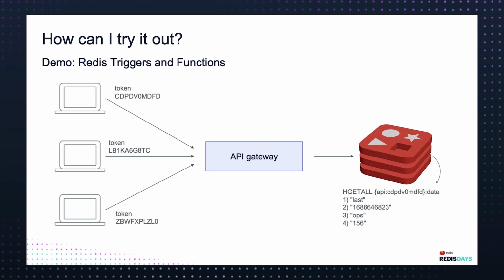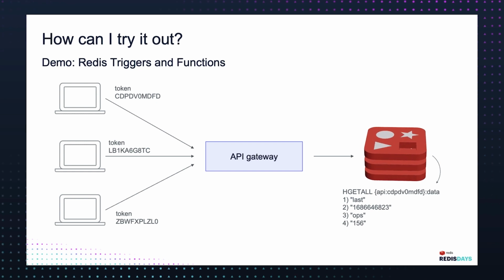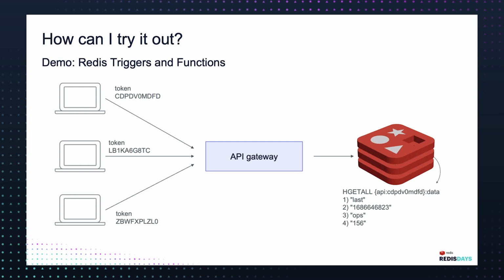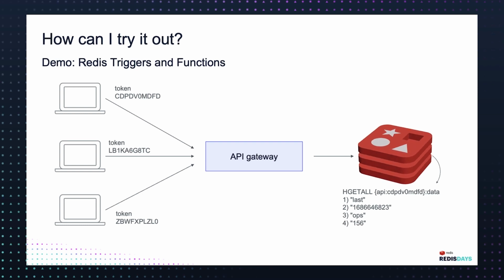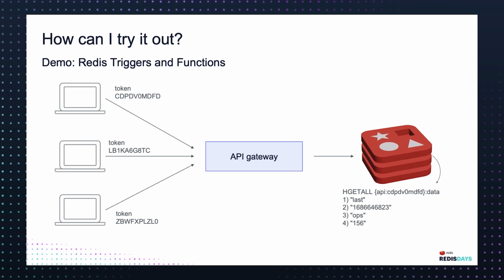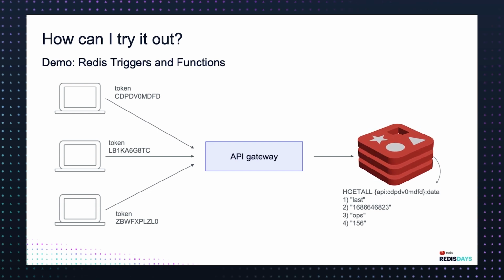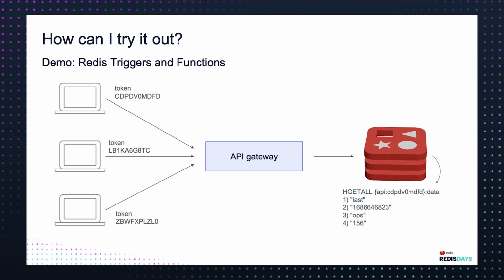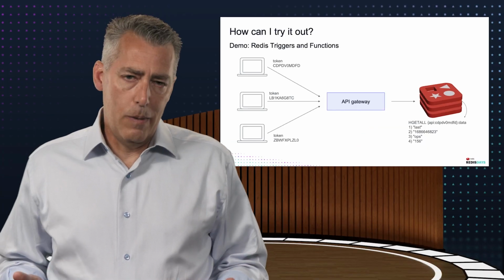When the counter is incremented, we store the last updated timestamp in a hash co-located in the same shard as the counter itself using a hashtag. Of course, additional information can also be stored in the hash, such as the total number of requests for that token. So you might ask, so what? That seems like a simple change I could make on the rate limiter itself. What can you really do with this kind of data enrichment?